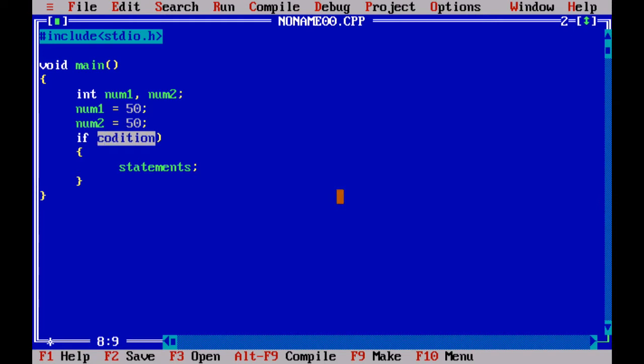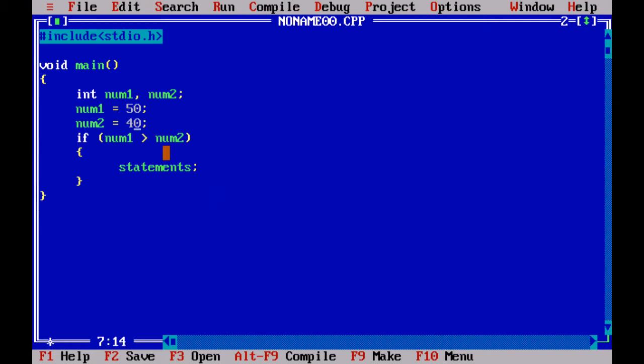Now let's give you an example. Let's ask the compiler: if num1 greater than num2. I'll give num2 as 40.